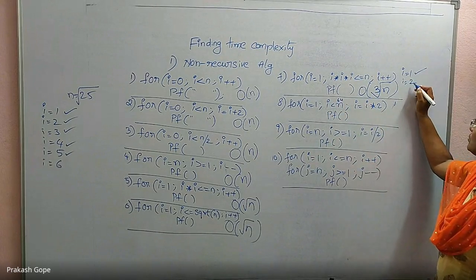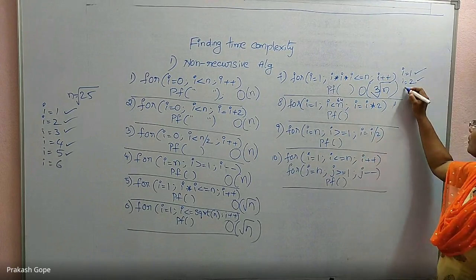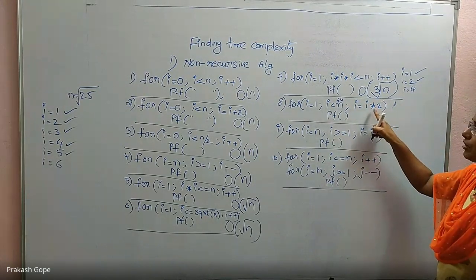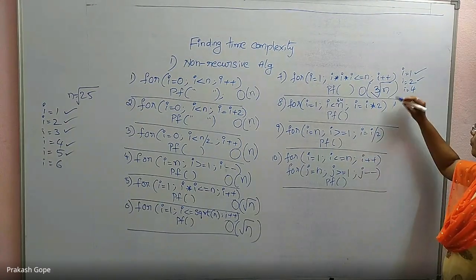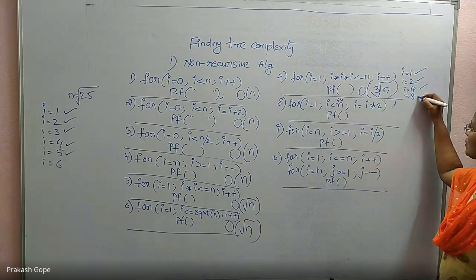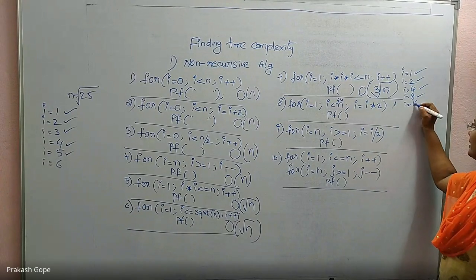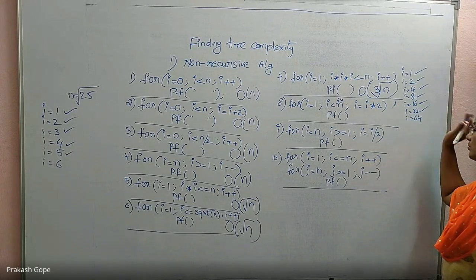i takes 2 because it is 1 into 2. 2 is less than or equal to 64. Then i becomes 4 because it is i = i * 2, so multiplied by 2. 4 is okay. 4 twos are 8, also okay. Then 16, okay. 32, okay. 64 is not okay.